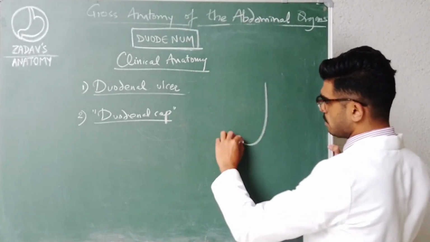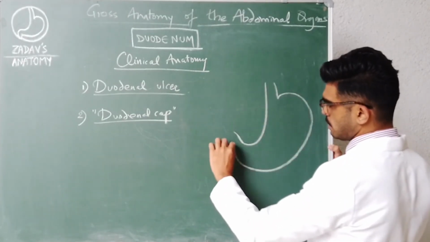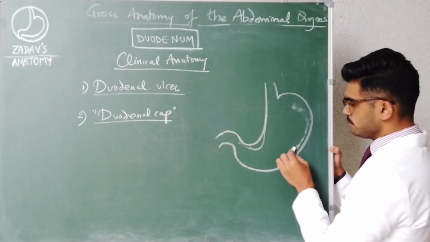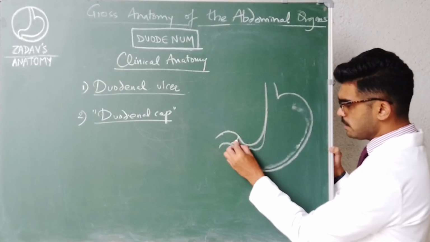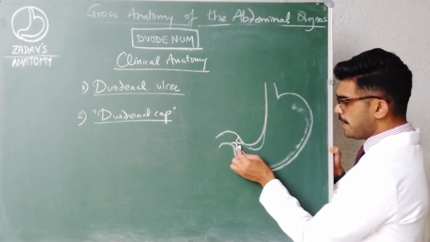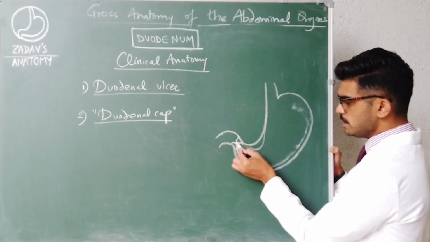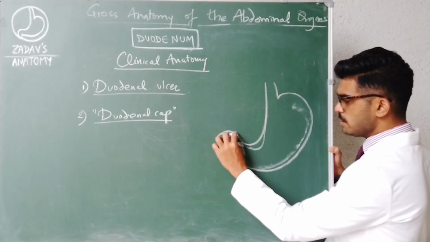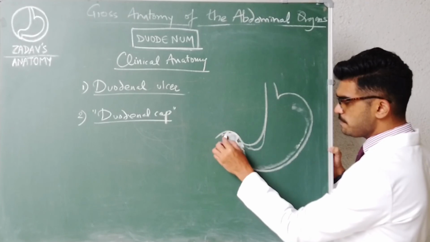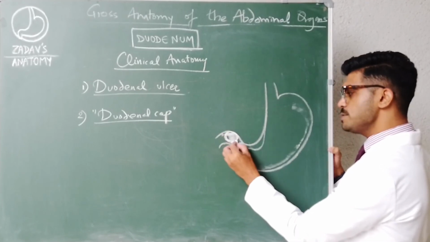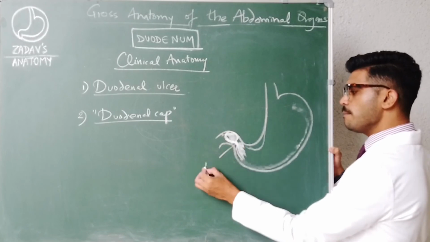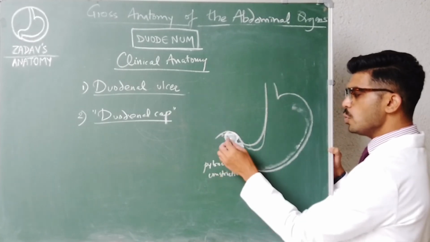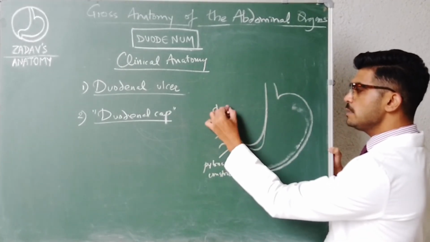So this is the stomach and this is the duodenum, okay, and this is the inner wall. There's obviously going to be the pyloric sphincter. So when barium essentially fills in this space, it presents as a narrow constriction here, of course, and then again there is a dilatation at the D1 part, right, the first part of the duodenum. So this little dilatation present just above the pyloric constriction is known as the duodenal cap. Okay,